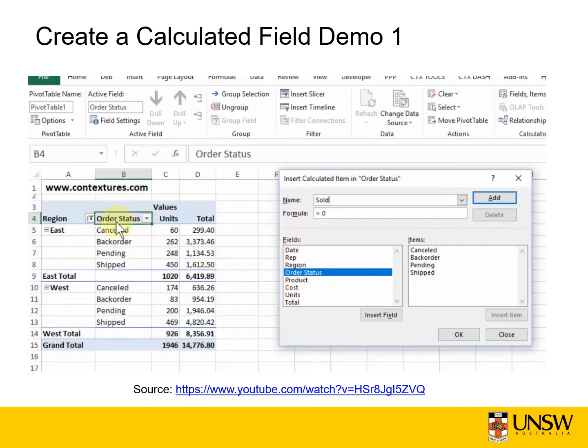And because I have order status selected, that's the one that it has highlighted in this list of fields, and it's showing all the items. But I could do something with any of the other fields if I prefer. If I wanted to work with the regions, I could click it and see its items. But we'll go back to order status, and what we want to do is get the total for back order